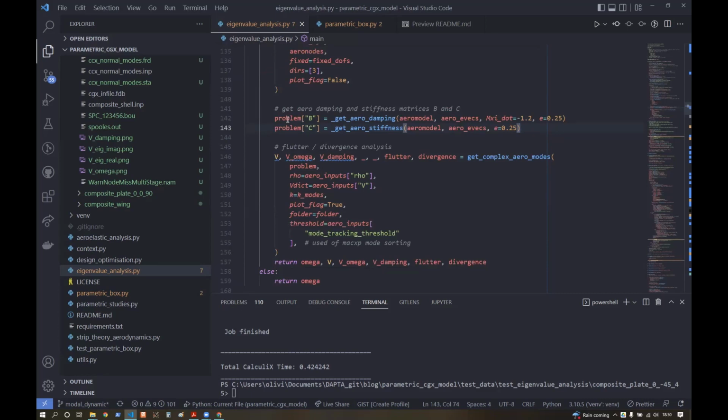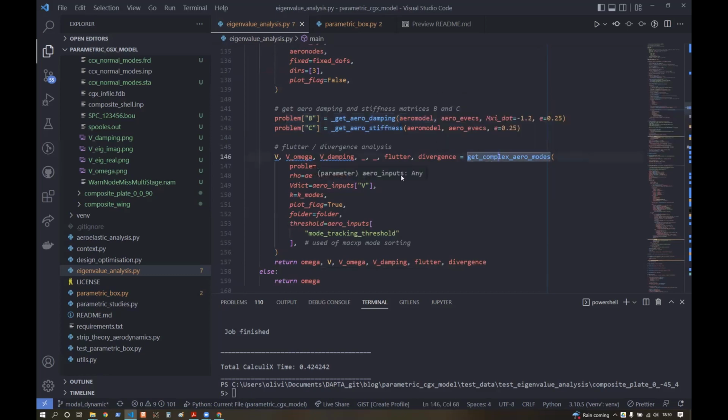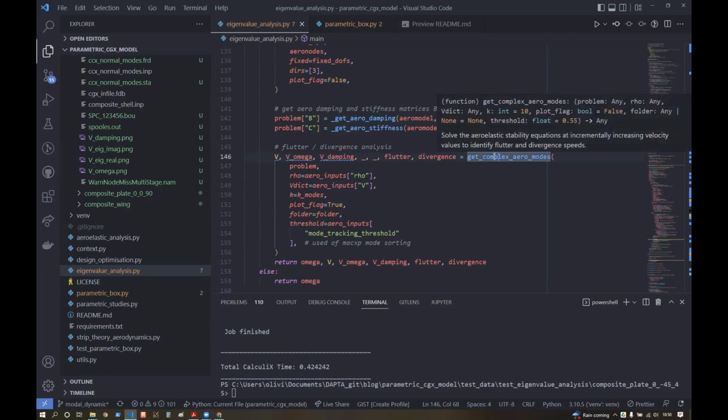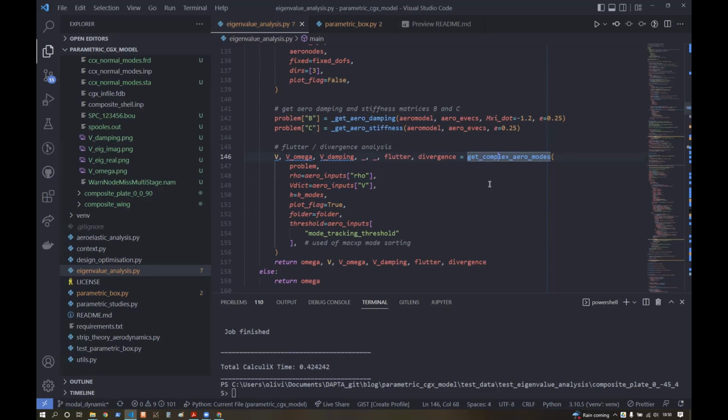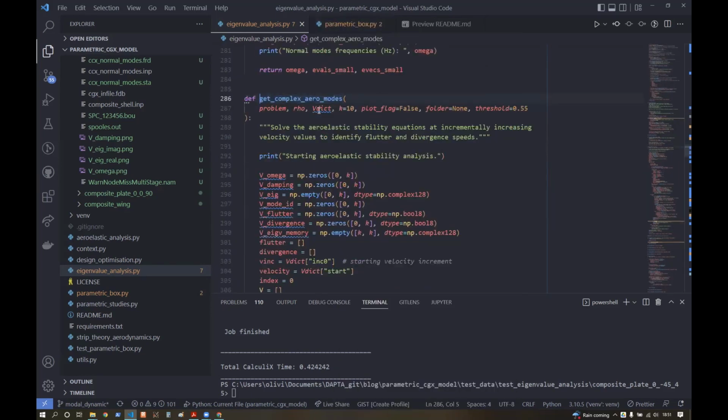And once we have those new aerodynamic matrices, we can then combine that into our aeroelastic equation together with the structural terms and solve for our aeroelastic flutter and divergence velocities. Again, if I have a look at that function,